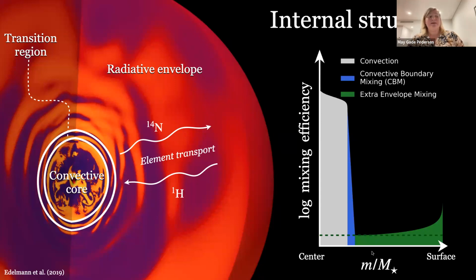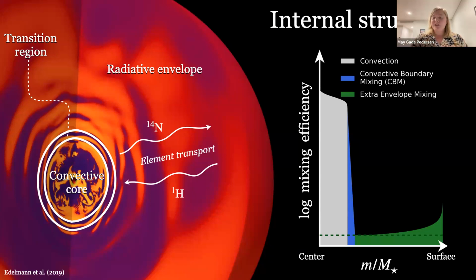And on top of that, we have mixing in the envelopes of the stars. So the problem we have when we try to study stellar evolution is that these mixing profiles are not necessarily that well constrained, at least from in-situ observations. And so one of the things I've been working on is using asteroseismology to try to study these interior mixing properties of the stars.